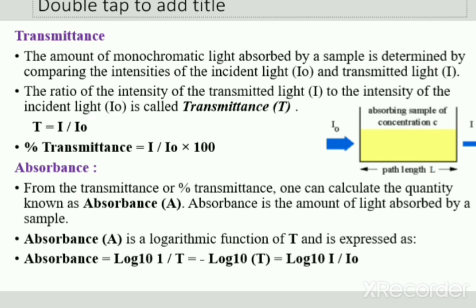But if it is high, then what happens? So as the concentration becomes high, that means greater than 10 millimolar, there is a deviation as the electrostatic interaction becomes more. So if there are more electrostatic interactions, you are not able to determine the absorptivity coefficient of that chemical sample. So this is the limitation of Beer's and Lambert's law. Okay, so this is all about the concepts which are involved in spectrometry or spectrophotometry. So in the next lecture we will discuss types of spectrophotometry and spectrometer. Okay, thank you.